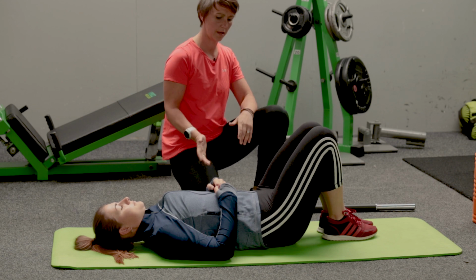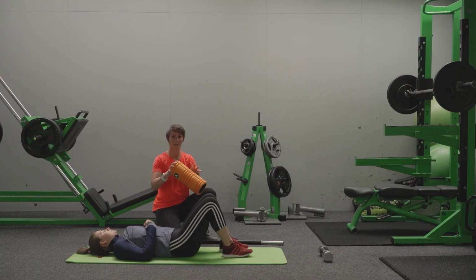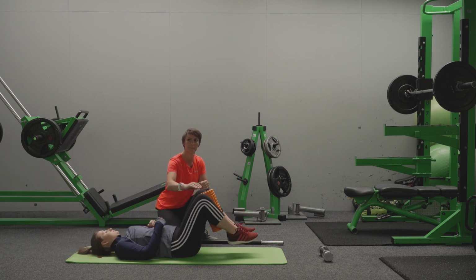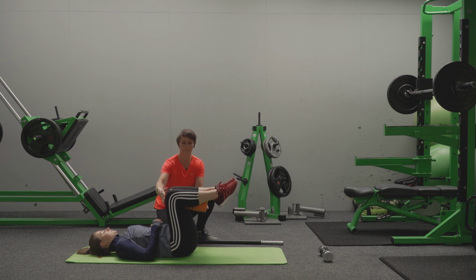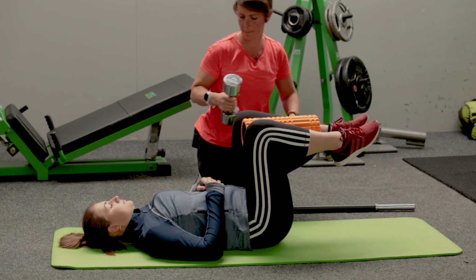So what we're going to do now is keep Hannah in that position and get a foam roller. If you haven't got a foam roller, just anything that you can place in between your knees, so you can give them a little bit of a squeeze and get the glutes and the hip area working. So we're just going to pop that in between Hannah's legs, and then just bring them knees up, and then just squeezing that foam roller for me. Then I'm just going to give you this